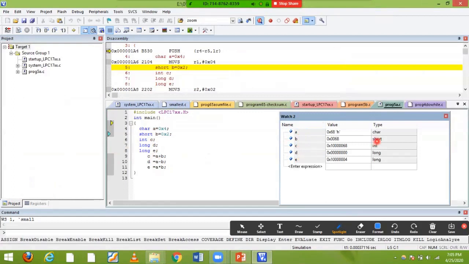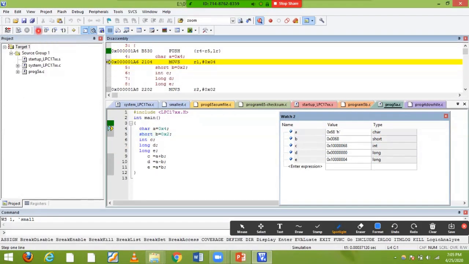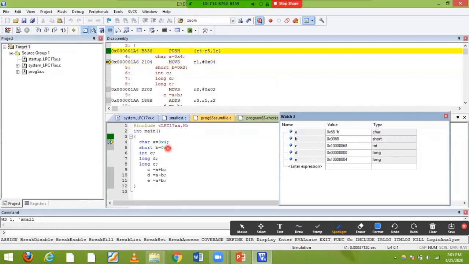You can see that automatically it will take a as a character, and then short, int, long. Let's see that. Just run the code. See the first instruction, and you can also see the assembly code in the assembly window. So easily you can see that.